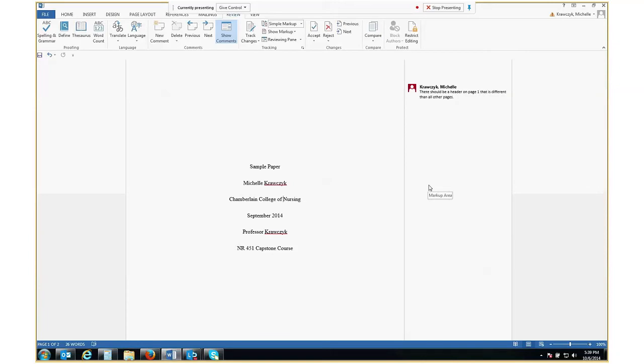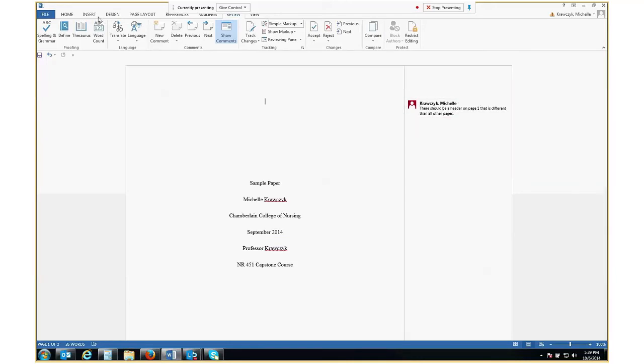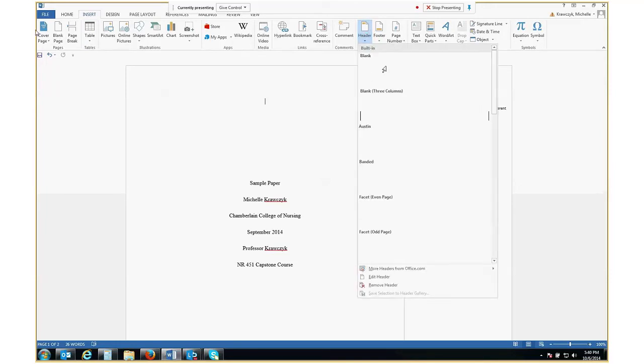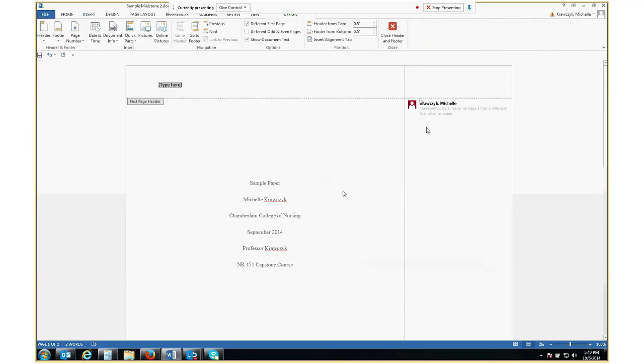If that happens, that's okay. You might delete 1 or 2 comments, but all the rest of my comments should be intact. Obviously, when you add a header, if we were going to go in here and insert the header, my comments are still there despite the fact that we inserted the header.